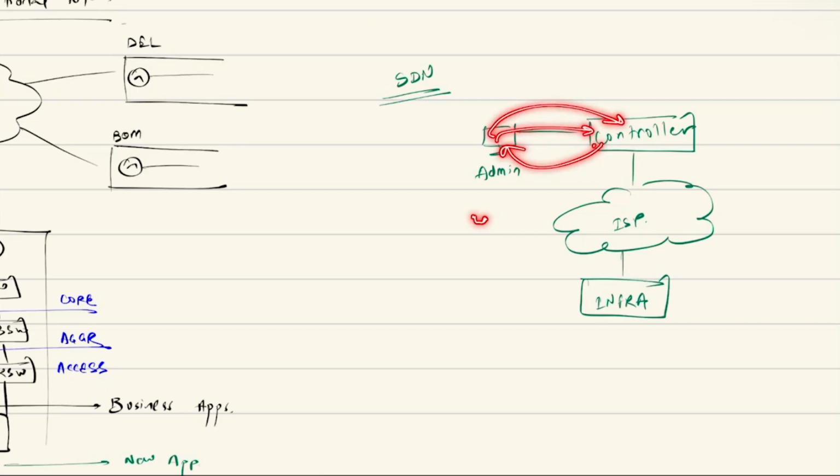The admin says, I want to configure R11 to R20. The controller says, okay, I have access to those devices. Can you tell me what process ID, what OSPF area ID, what networks do you want to configure? The admin says this, then this. For R11, that's my network, those are the details. For R12, those are the details. For R13, those are the details, and so on.